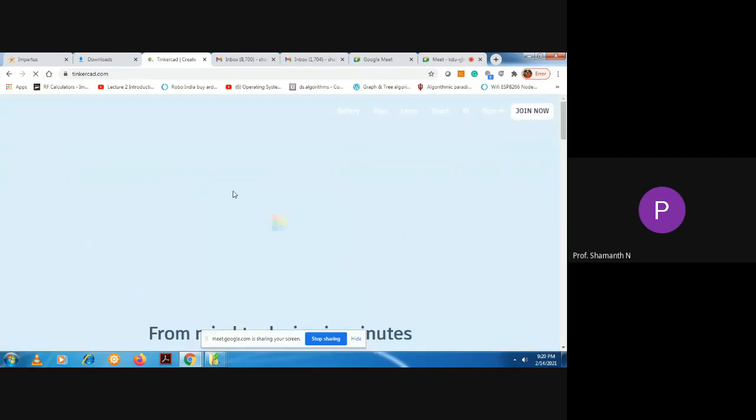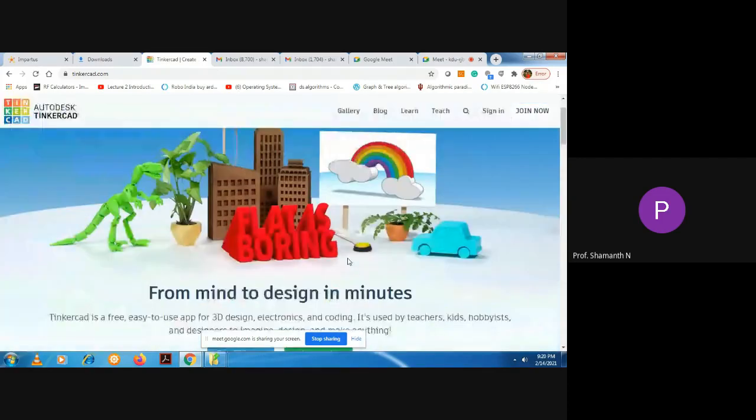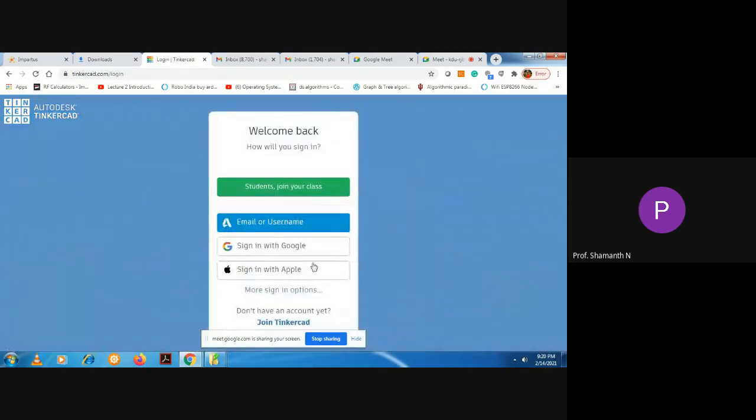So once you click on this tinkercad.com, there are many options if you can see. So click on this sign in. So first time when you are signing in, sign in with a Google account. I hope everyone has Gmail account.